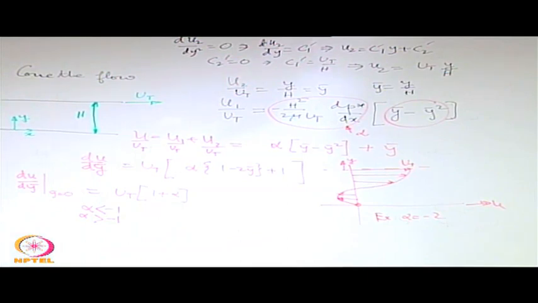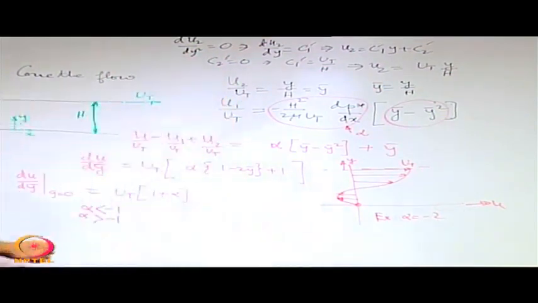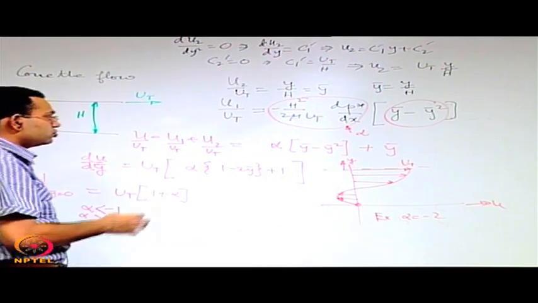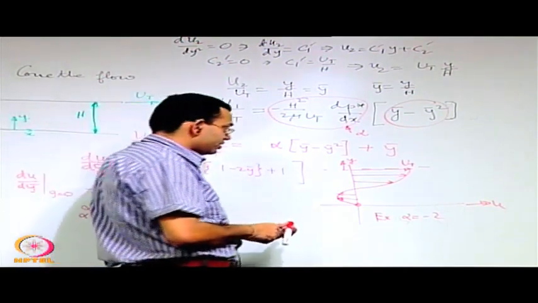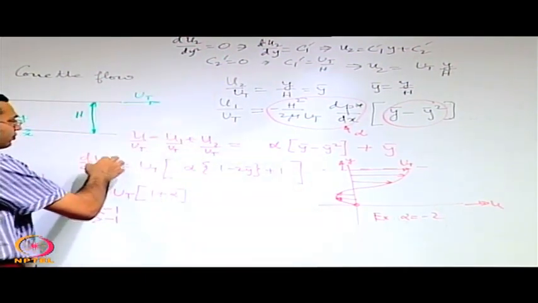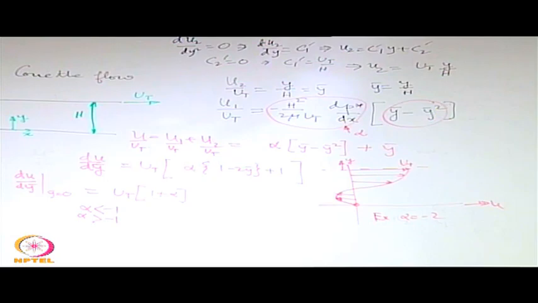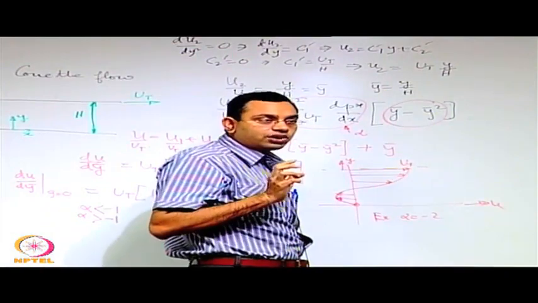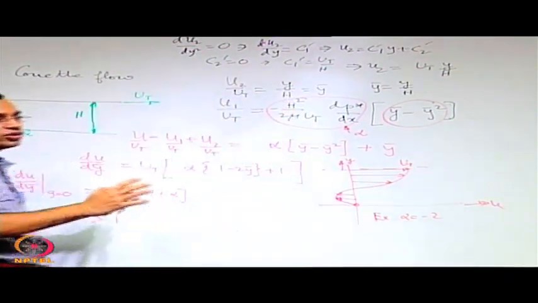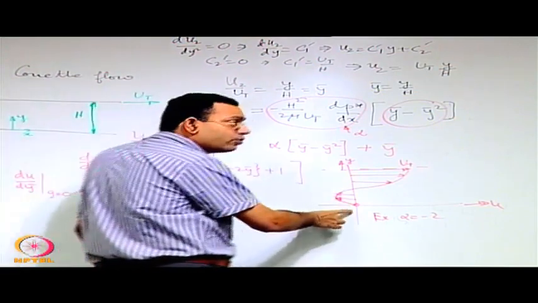So the important understanding is that you may get different sorts of velocity profiles depending on the value of alpha. Say you have alpha equal to 1 as an example. So if you have alpha equal to 1, you see that the situation is different. For alpha equal to 1, you have du dy as something which is positive at y equal to 0. And so when you want to sketch the velocity profile, what are the things you should look for? And this you should practice at home. I am not going to do it for all possible ranges of values of alpha, but you should do that yourself. But the important characteristics of the plot you should look for: what is du dy at y equal to 0,